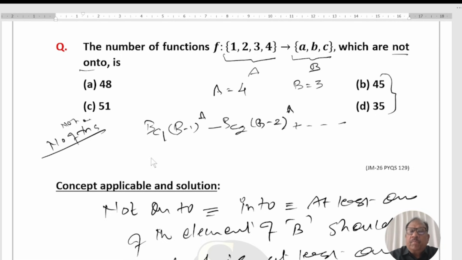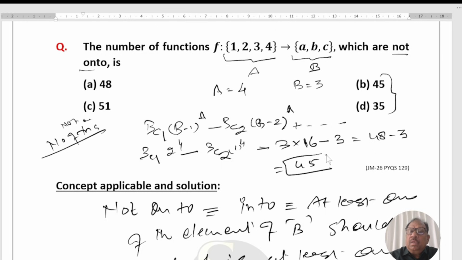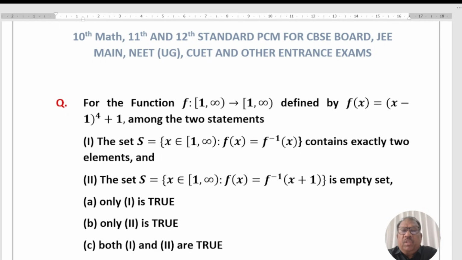So B in this case is 3C1 into (3 minus 1), 2 की पावर 4 minus 3C2 (3 minus 2), 1 की पावर 4. 1 आ गया यहीं पे स्टॉप कर दिया. आगे सिंप्लीफाई कर दिया 3 into 16, that is 48, minus 3, that is 45. 45 is the correct answer, right. Next question, the question is for the function f